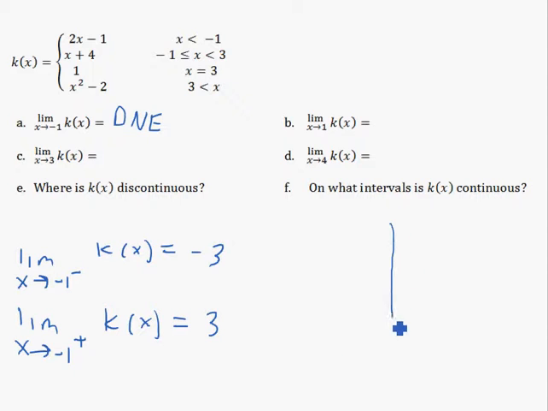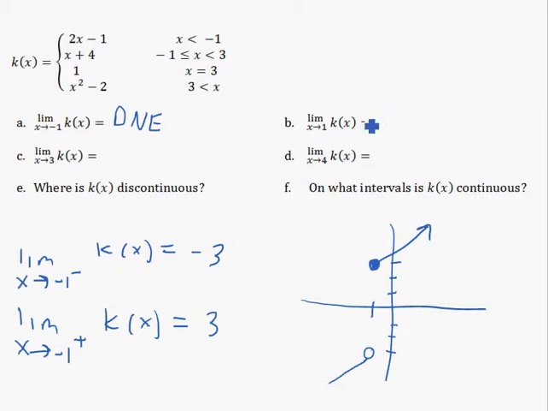Okay, and again, what that means is you can see on a graph, here's negative 1, the left-hand side, 2x minus 1, is headed towards negative 3. So it's doing its best, it's coming up here, boom, it gets to negative 3, and then my rule says stop at negative 1, jump to this function. Well, this function starts at positive 3. 1, 2, 3, and goes off like this. And since x can equal negative 1 on this function, that would really fill in this dot. So that's what this graph looks like at negative 1. So the limit doesn't exist. I can't zoom in on the x value of negative 1 while zooming in on a y value. It doesn't happen because the y values are up here on this side and down here on this side.